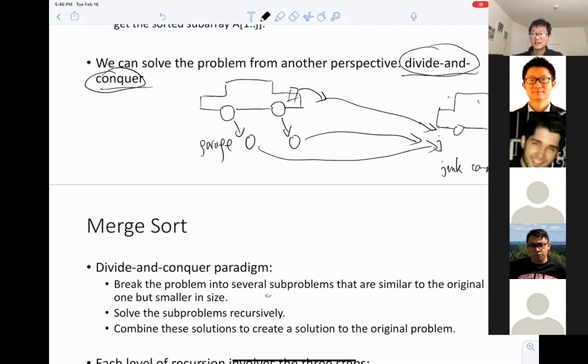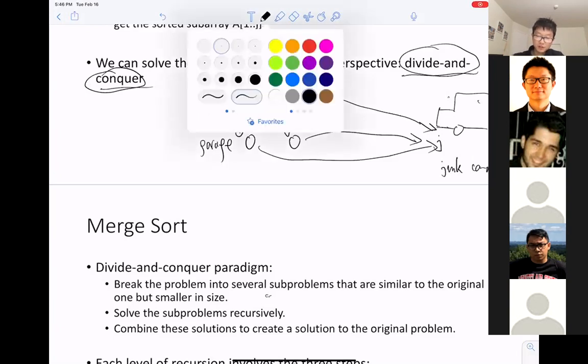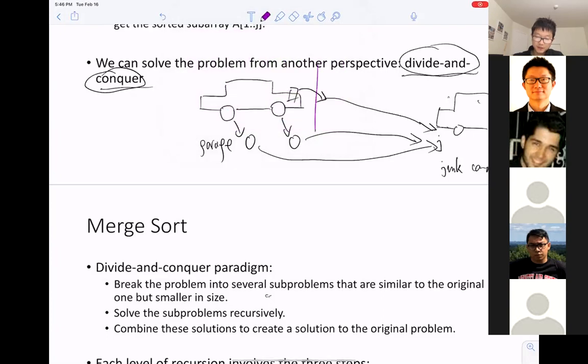Okay. So here you are given a very difficult job, and the way for you to do it is in three steps. The first step is called divide or cut.